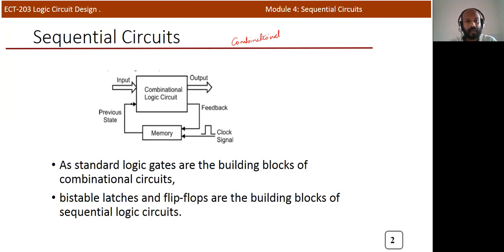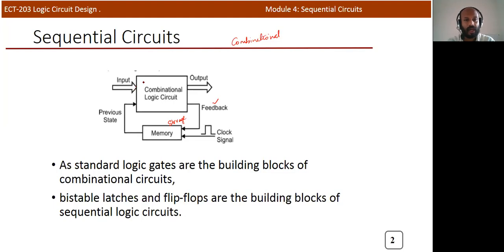Here you can see the main difference between a sequential and a combinational circuit. In the sequential circuit, there will be some extra modules. There will be inputs and outputs, and you can see that one combinational logic is involved in this sequential circuit. Another extra module that we are using in the sequential circuit is a memory element, a storage element, and here you can see a feedback circuit. The output is fed back to the input side through this memory element.